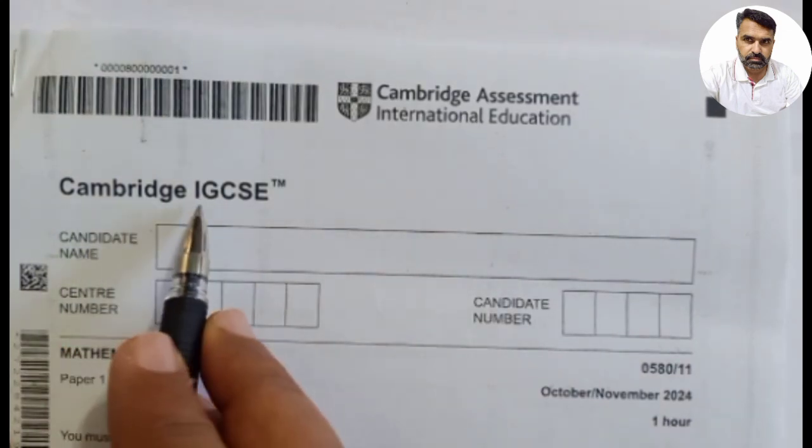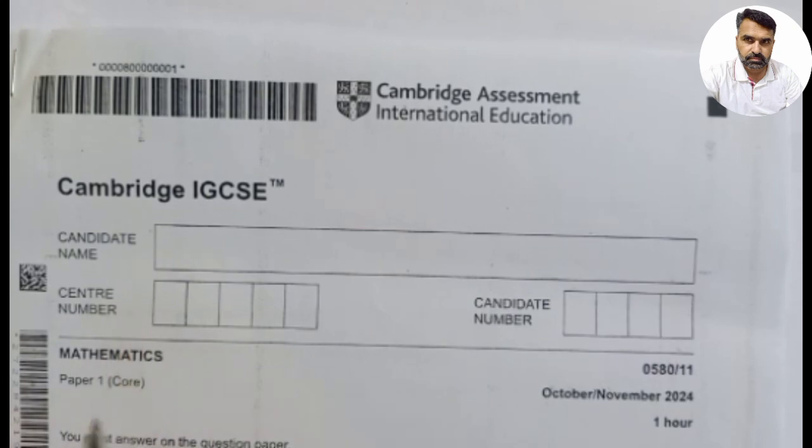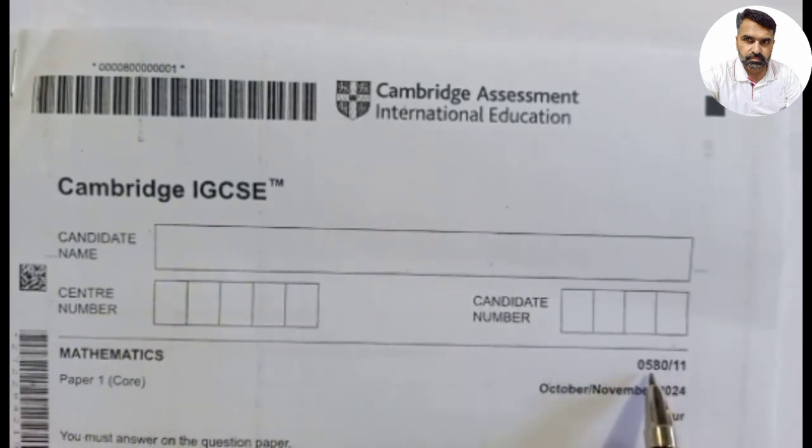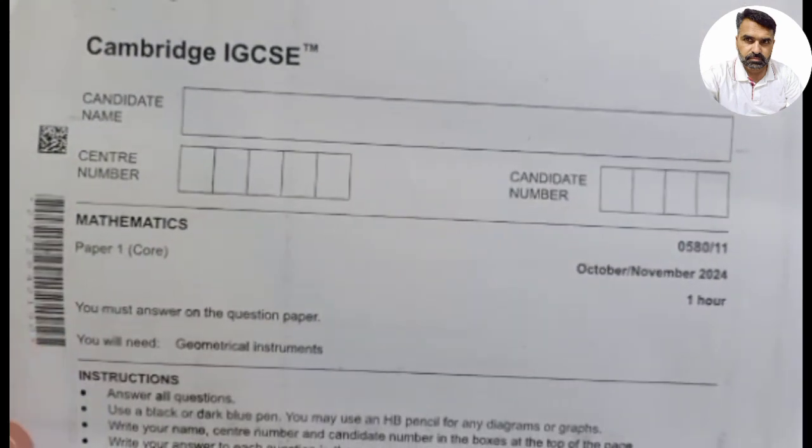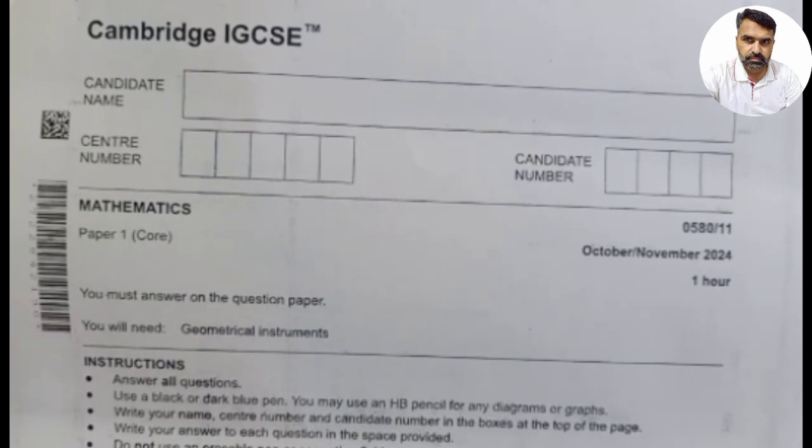Dear students, Cambridge IGCSE Mathematics Paper 1 Core 580 by 11, October November 2024. Read the instructions carefully so that you may not make any mistake. And question number 1 is,